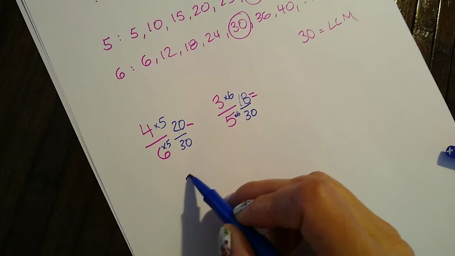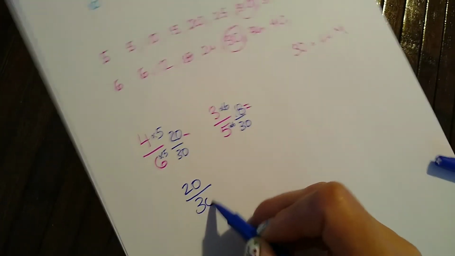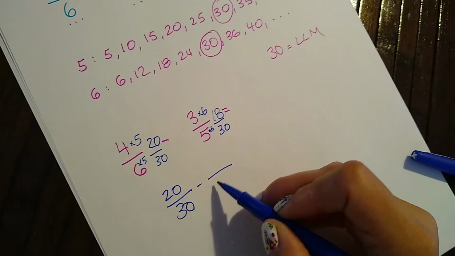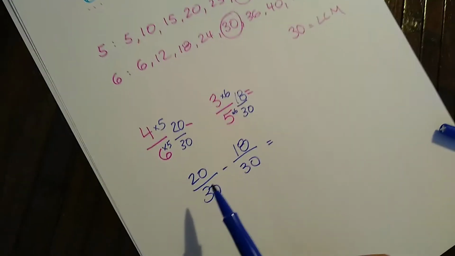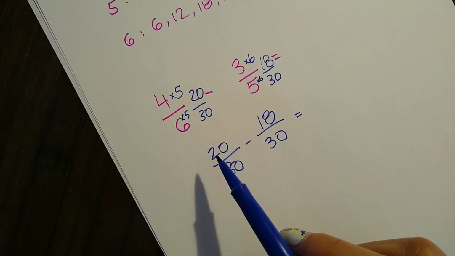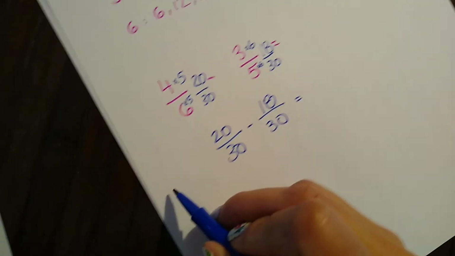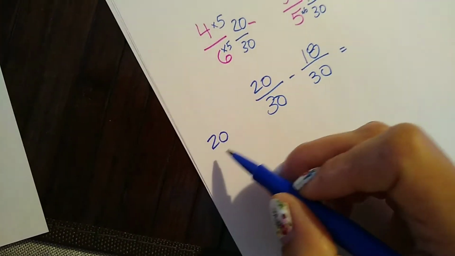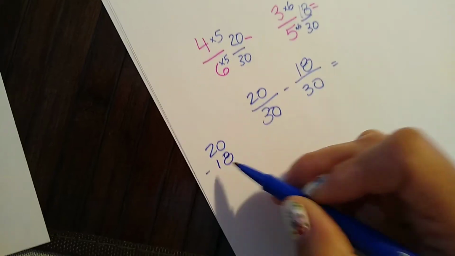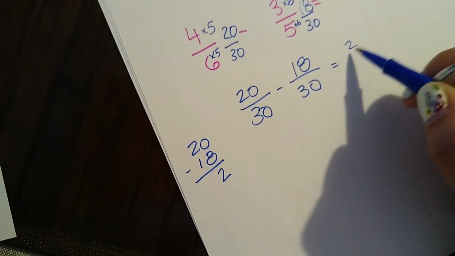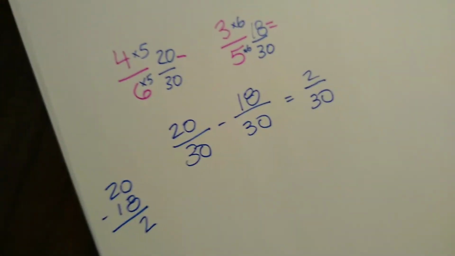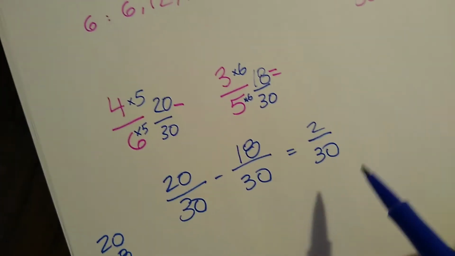Now I can actually subtract, but don't subtract denominators, only the numerators. So this is quick mental math, 20 minus 18, or if you have been a little rusty because you've been inside for a very long time and you need to do it this way, go for it. But it will give you the same number as I had in my head. So 2